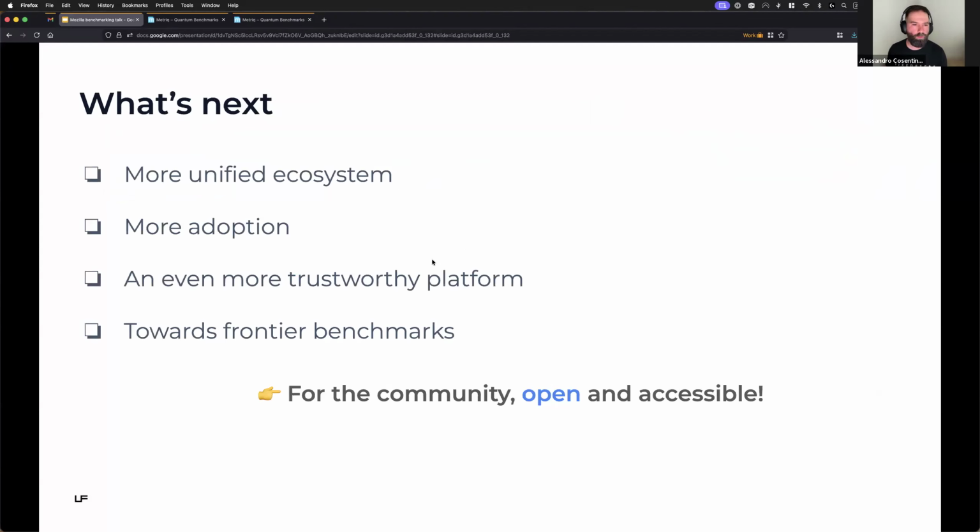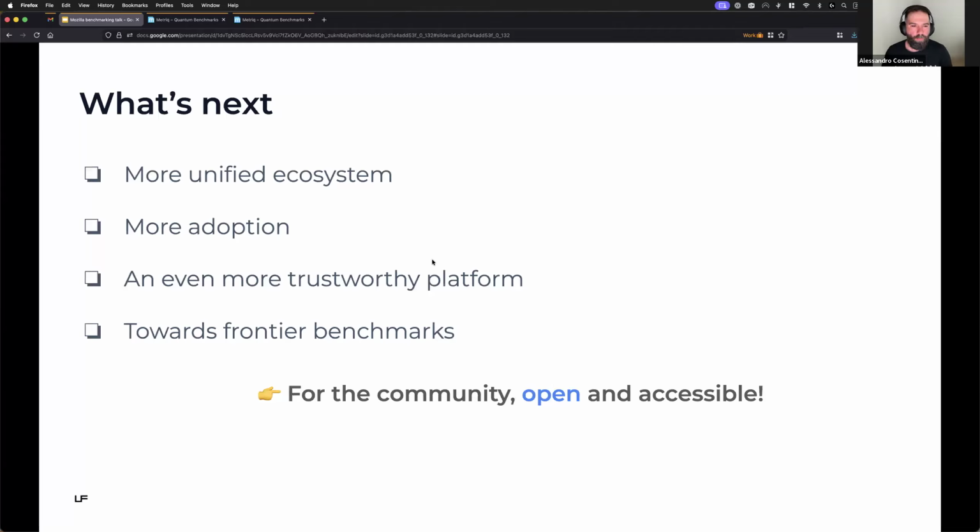So what's next is, we do believe in this project. We do believe in open and accessible quantum benchmarking. So we hope that this will gather together different research groups, different projects from the ecosystem, and try to unify them. We want to keep the diversity these projects are bringing, but we also believe there is too much fragmentation at the moment. We hope this tooling will get more adoption, so we plan to have more integration with other providers and vendors,